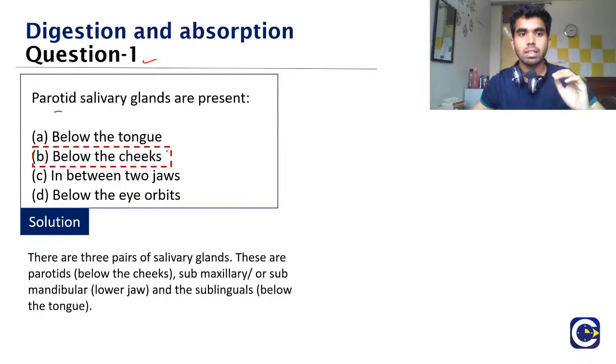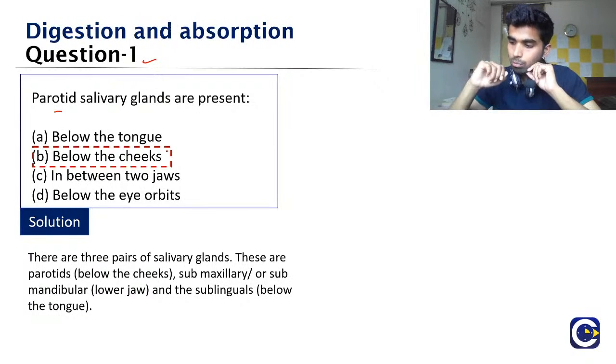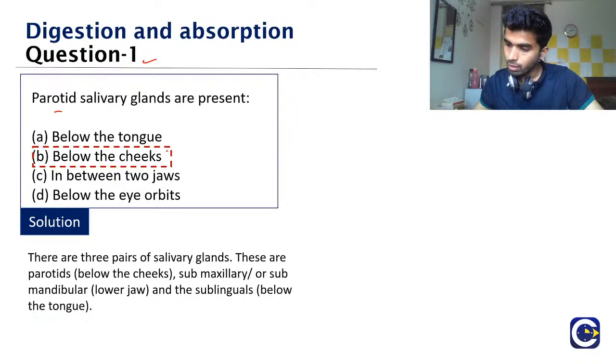Okay, so see here, the parotid glands is a pair of salivary gland and it is present exactly over here. Okay, here the parotid glands are present and over here submandibular glands are present, and below the tongue we have the sublingual gland. Yes, Hisham, very well said. It is option B. Apart from that, you also need to know that the ducts of this gland, they are also asked in the examination.